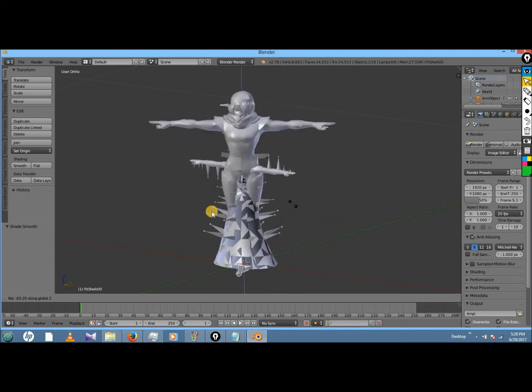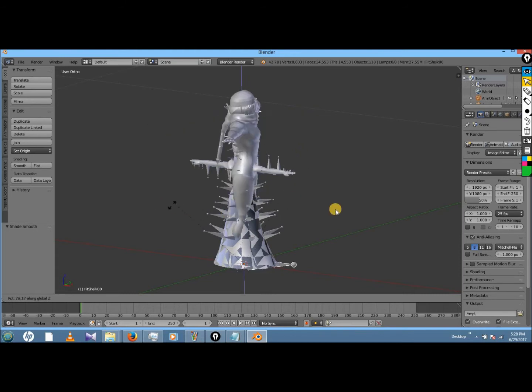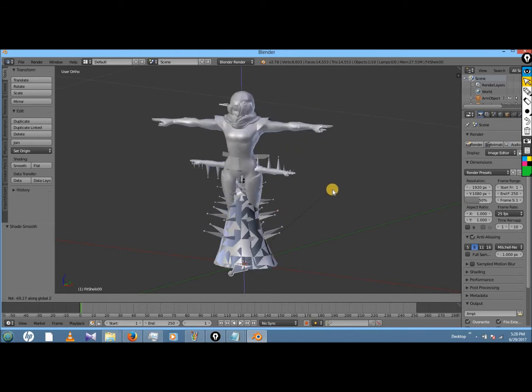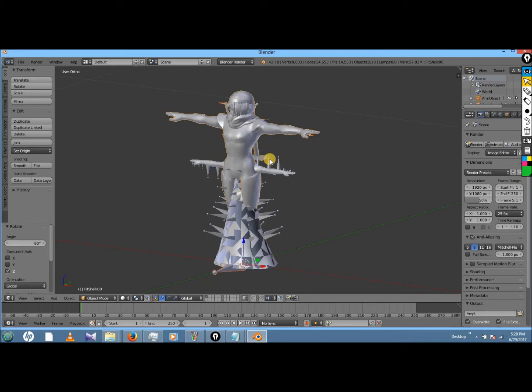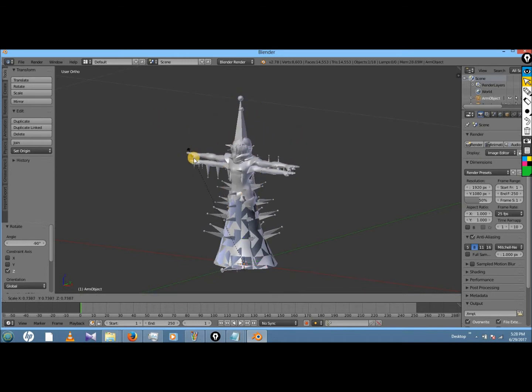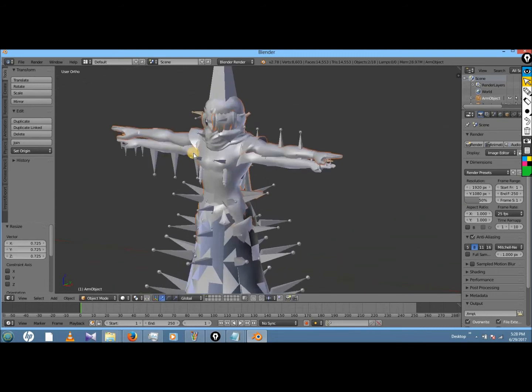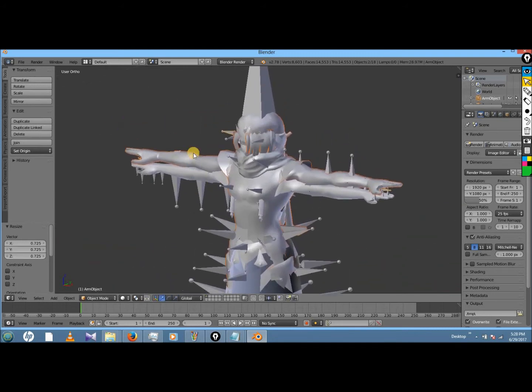In this particular case, for model porting like this, we're going to rotate on the Z axis, and then you're going to type in -90 and then enter, and it'll rotate it -90 on the Z axis like that. And then you'll continue scaling until the arms are about lined up. Zoom in so you can see better.